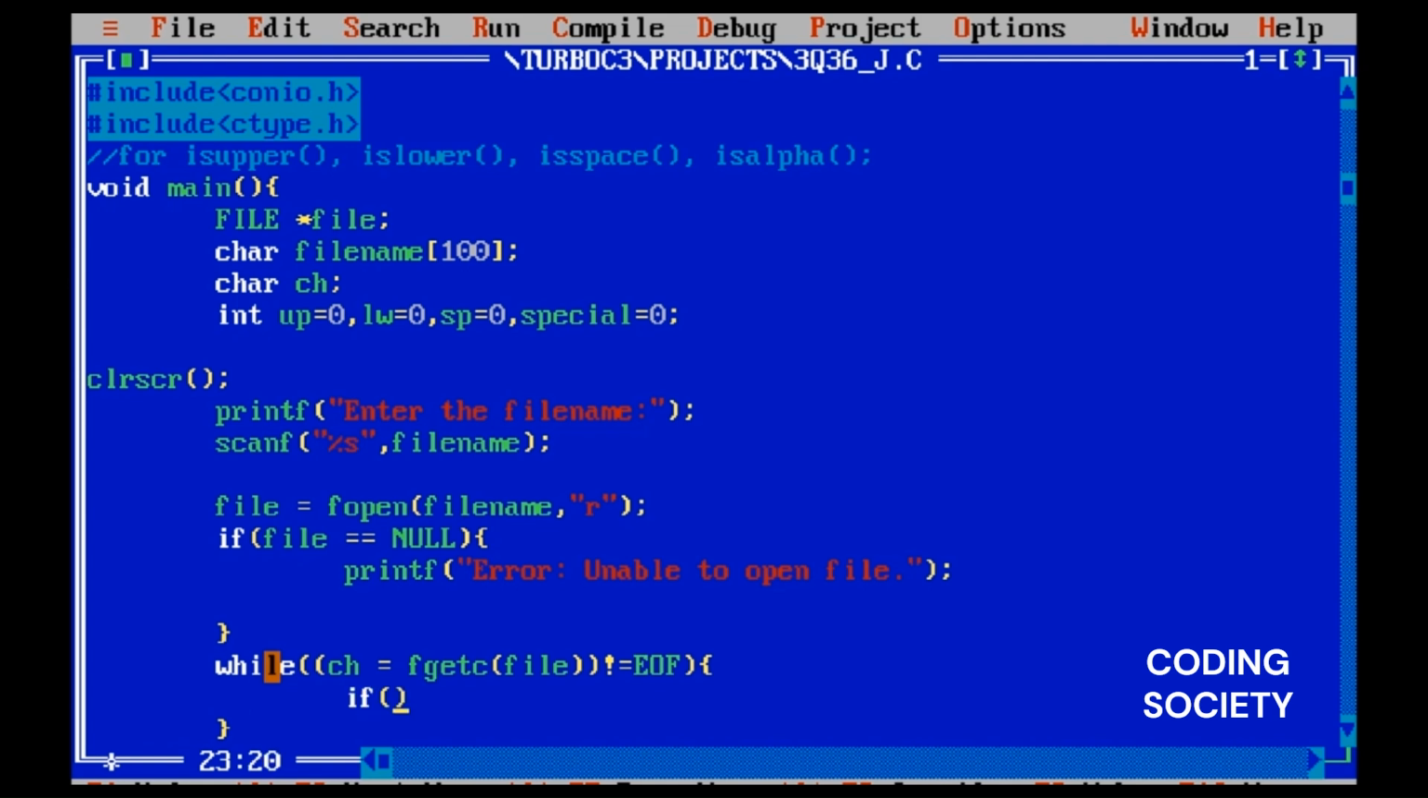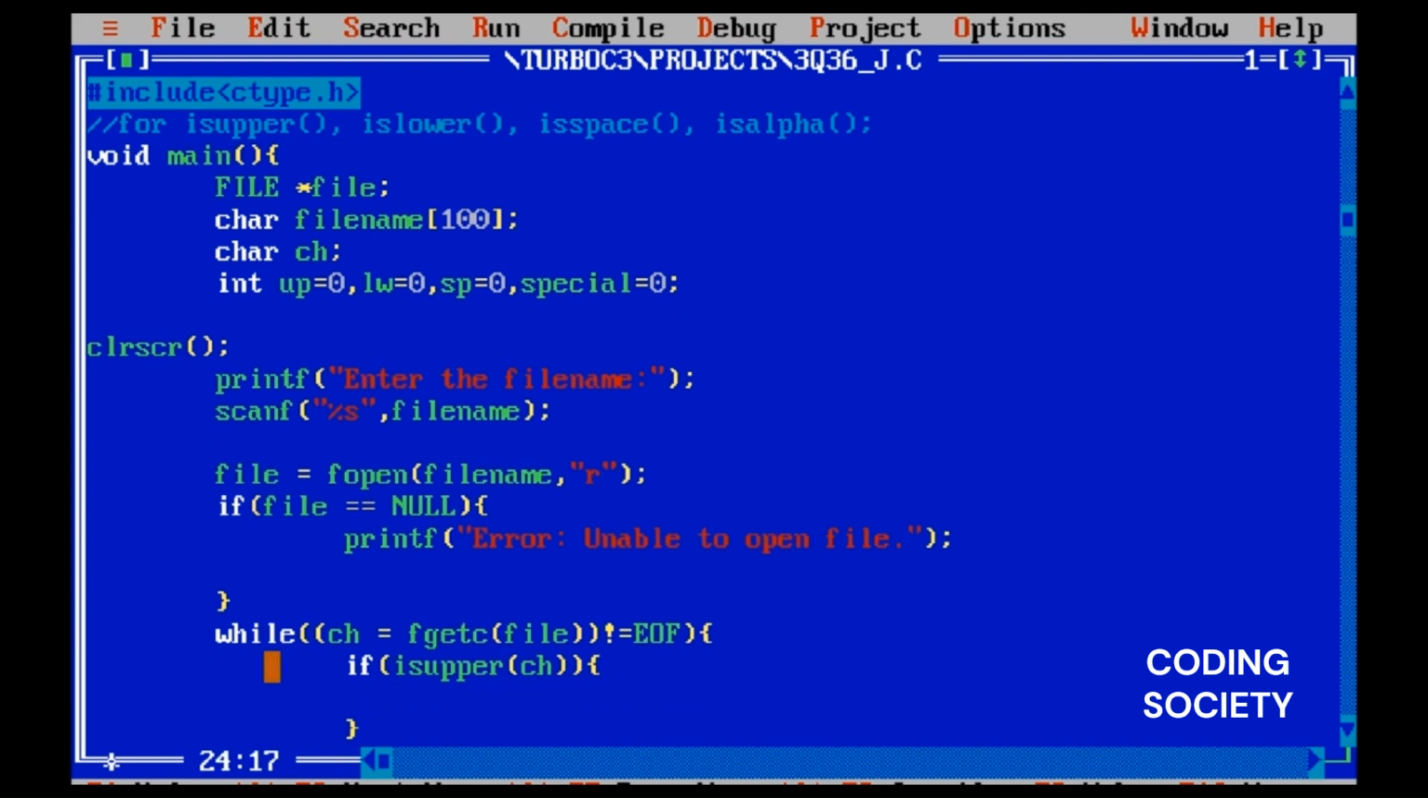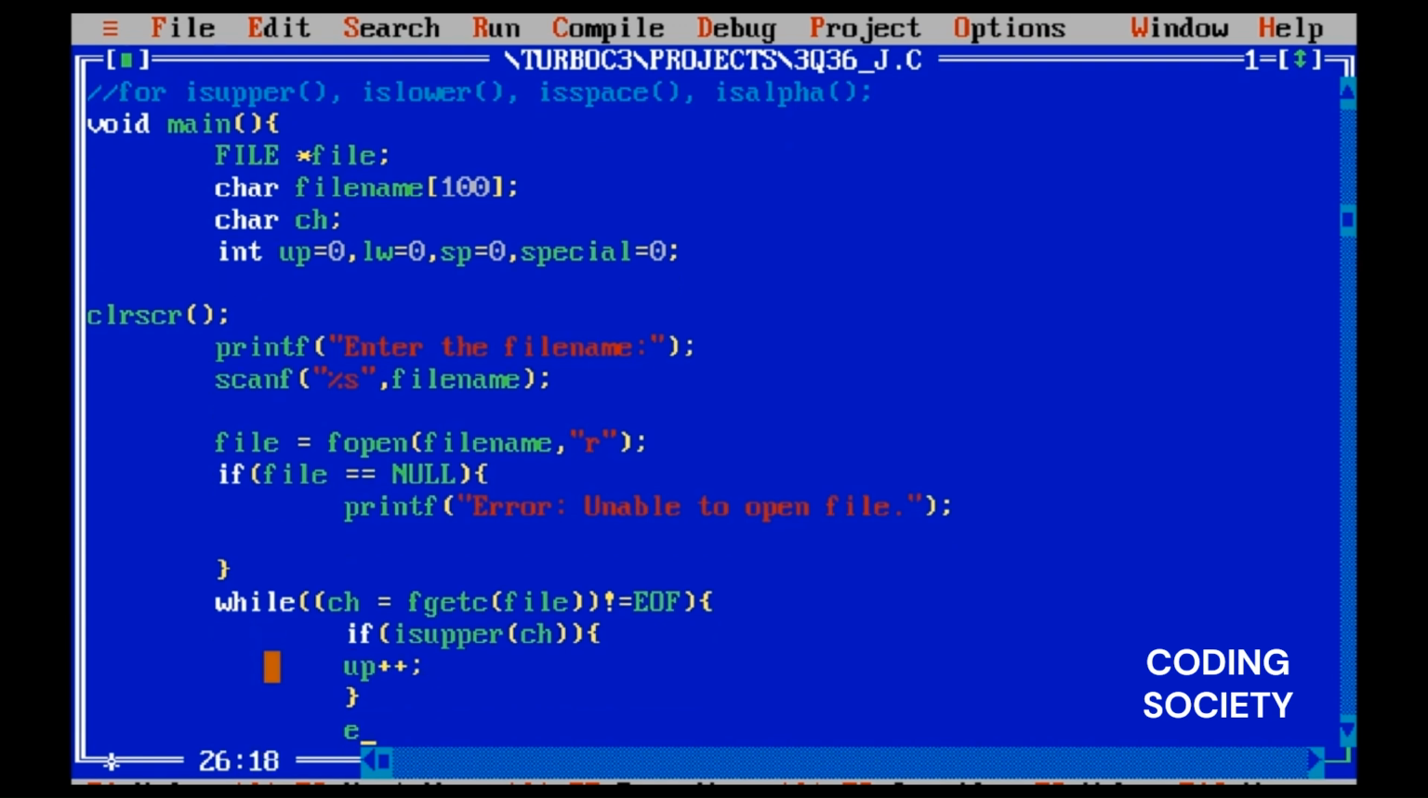If isupper ch. isupper ch in C is used to check whether the given character ch is an uppercase letter or not. If the character is an uppercase letter, then up plus plus, meaning uppercase plus plus, else if